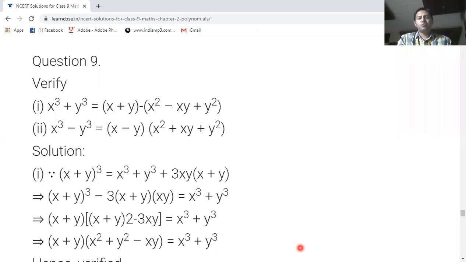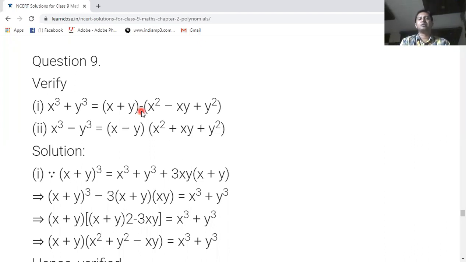We have question 9 part 1: we need to verify x cube plus y cube is equal to (x plus y) into (x square minus xy plus y square). This is into, not a subtraction sign, this is a multiplication sign here. So this is x cube plus y cube is equal to (x plus y) into (x square minus xy plus y square). What we'll do is we'll find this out using the identity,